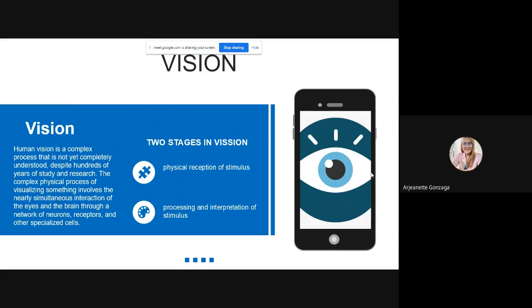Sa physical reception, ang human eye is an organ, alam naman natin na organ siya, that reacts to light and allows vision. Rod and cone cells in the retina allow conscious